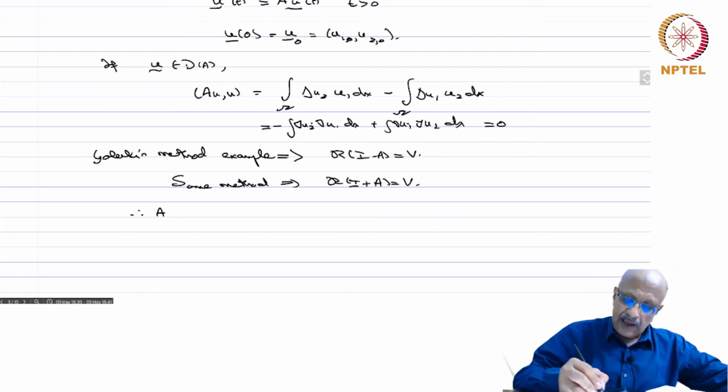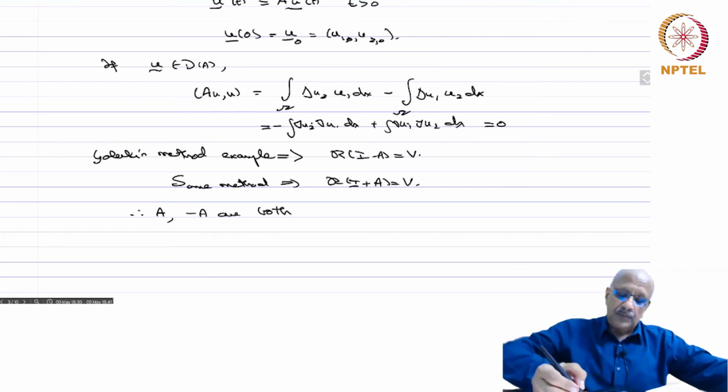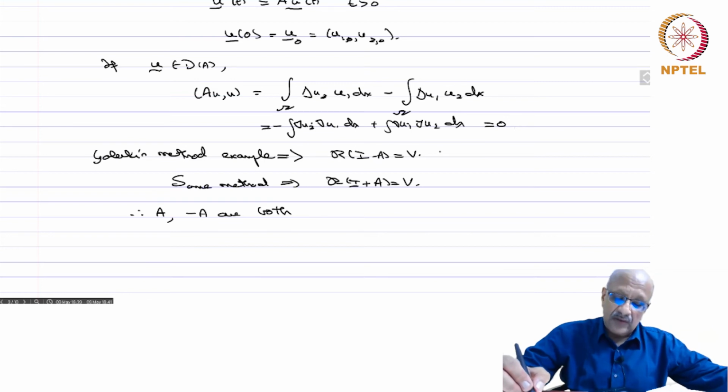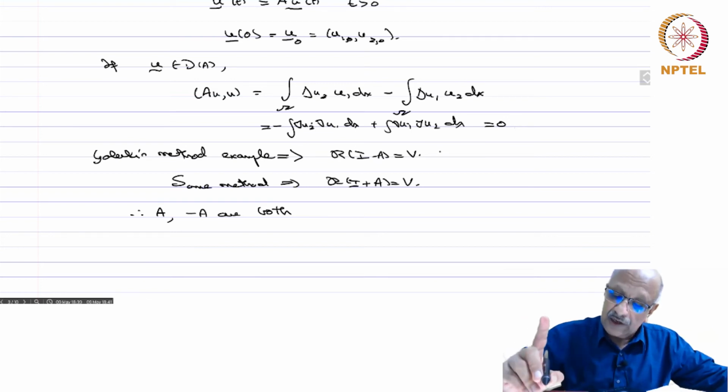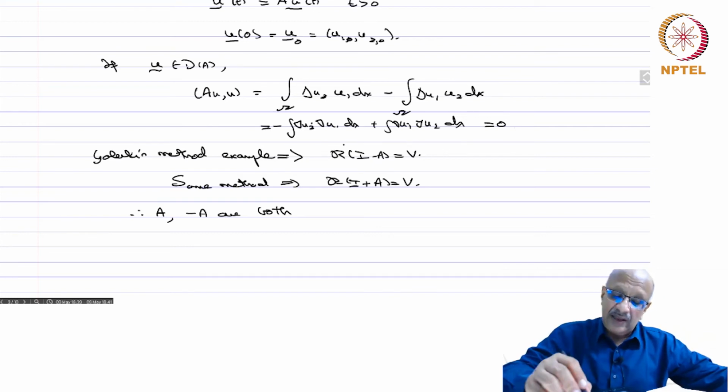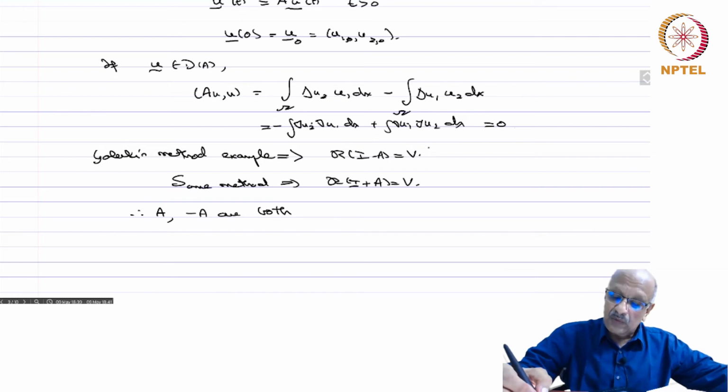Therefore, A and minus A are both maximal dissipative. You just go to the previous chapter where I gave you an example of the Galerkin method. I mentioned that it will be useful in the solution of the Schrodinger equation, and that is exactly what we proved: there exists a unique solution. We did not use the Lax-Milgram lemma, we used the Galerkin method instead. So A and minus A are both maximal dissipative,